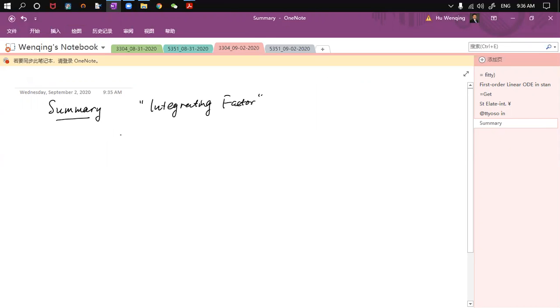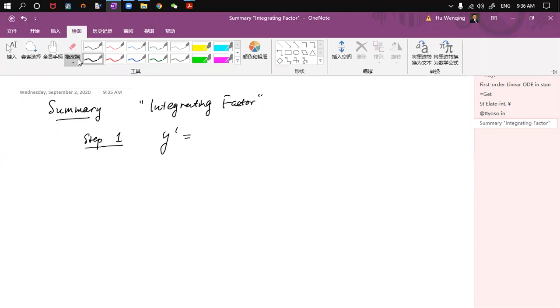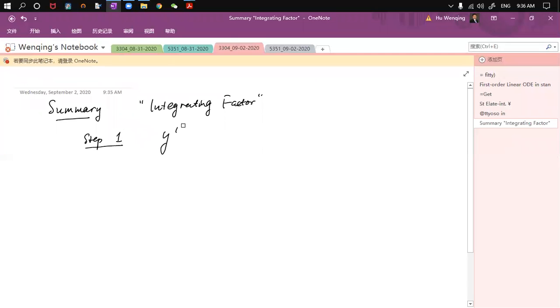First step in the integrating factor method, right? So step 1 is to turn everything into standard form. So y prime, in standard form, the situation must look like,